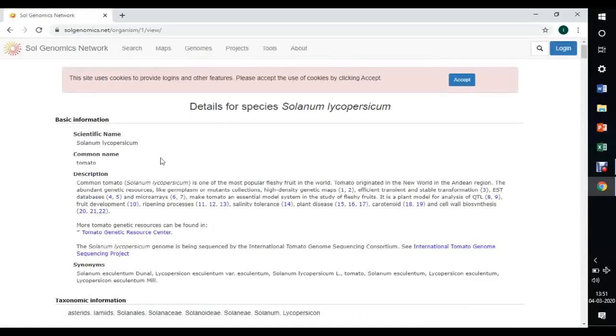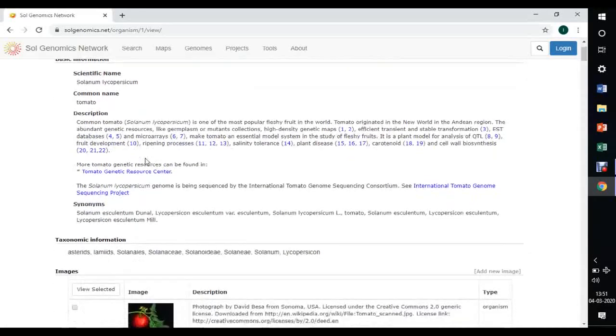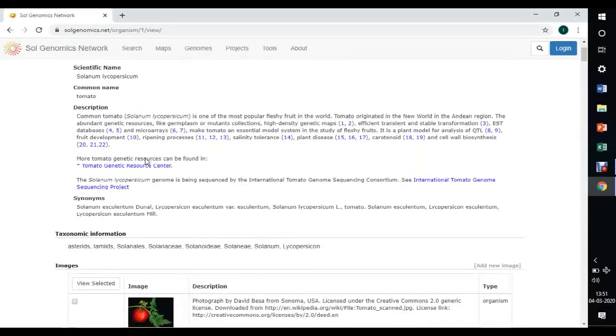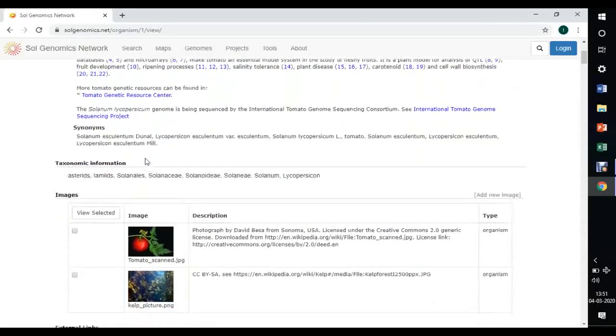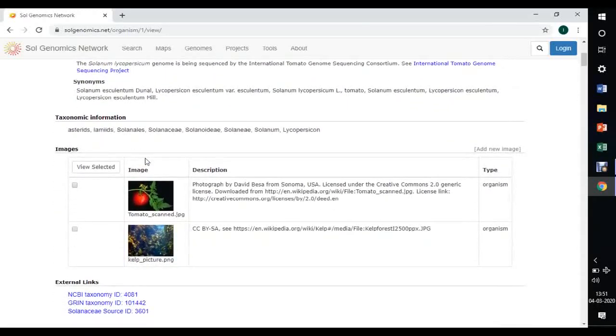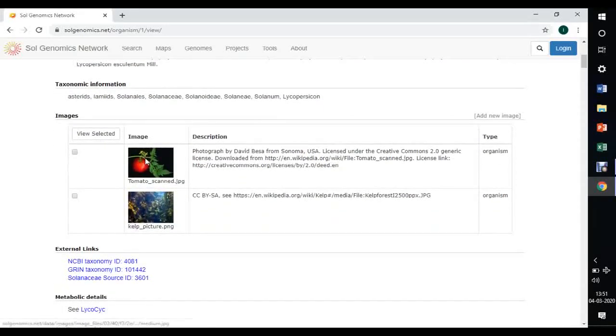You can see the details for the species Solanum lycopersicum, like basic information, scientific name, common name, description, synonyms, taxonomic information, that is cell lineage, and images.